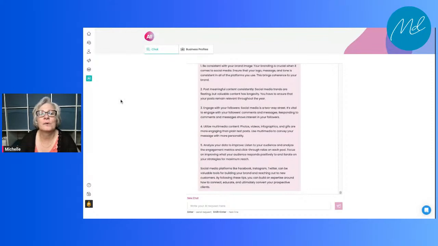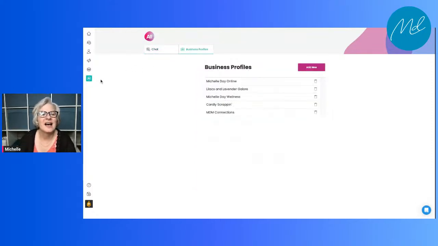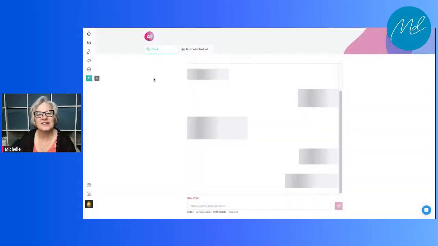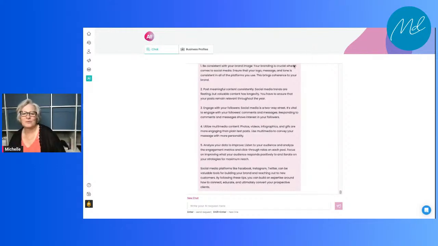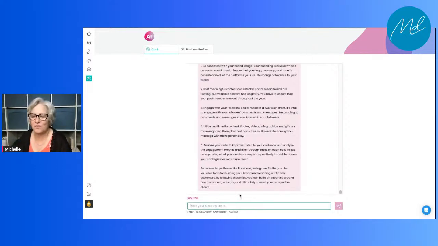So I'm going to go to this. Actually, I think I'm going to have it name. Let's go back a minute because I need a name for my store. So I'm going to ask it for, let's say, 5 names for a paper crafting store or a scrapbooking store. Right?